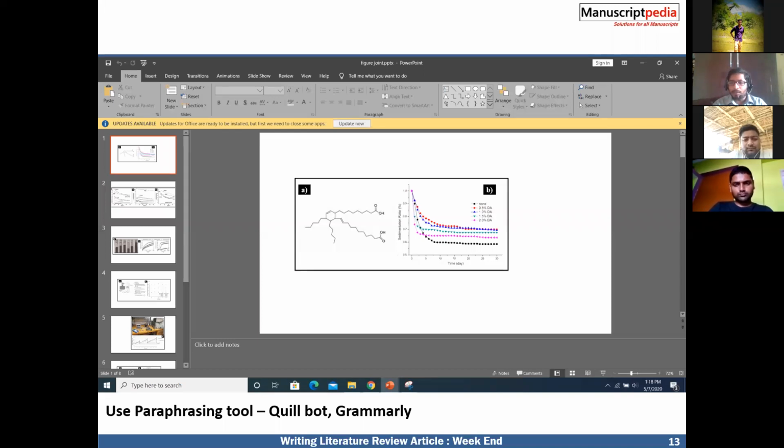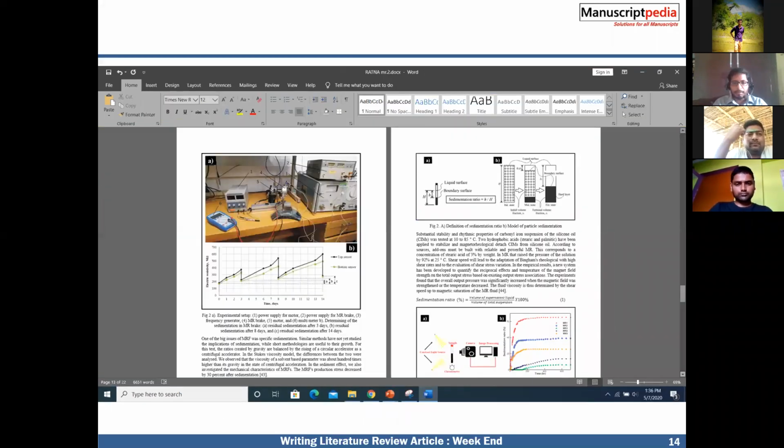Some graphs will be relevant, such as viscosity or shear stress. All these graphs have to be copied or cut using the snipping tool, and you draw them in like this. Finally your article will look like this: first the image, below it the figure details, then below that the rephrased sentences. Finally, you will have your references. Some journals may not have proper images, and you can leave those. Whichever journals have proper images, you can take them and write like this.